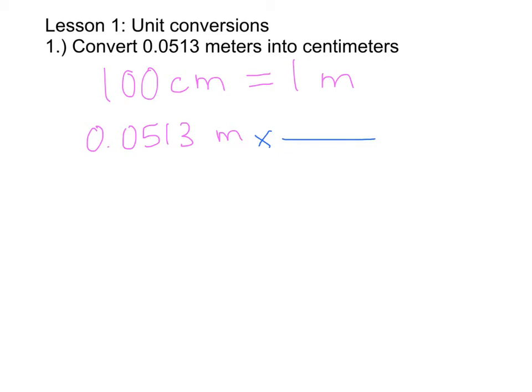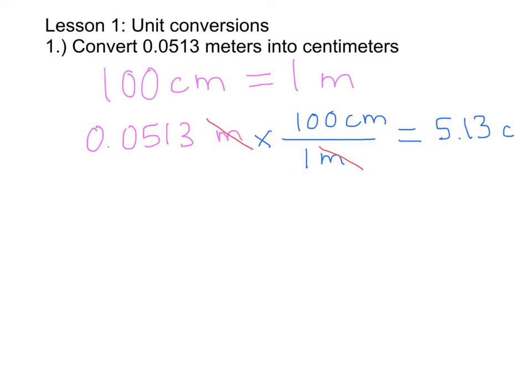We know that in 1 meter, we have 100 centimeters. So this now is our conversion factor, and we're using it to convert between meters and centimeters. Our meters cancel out, and if we do the calculation, 0.00513 times 100 centimeters, we'll get